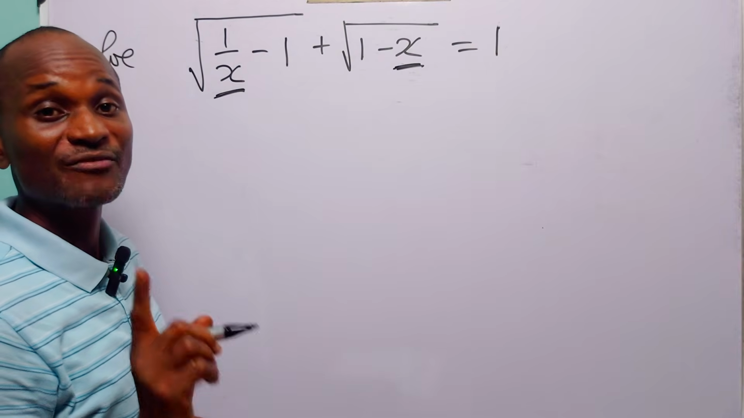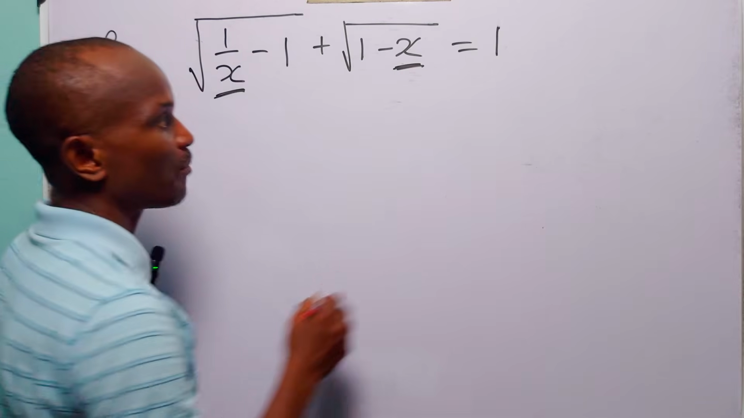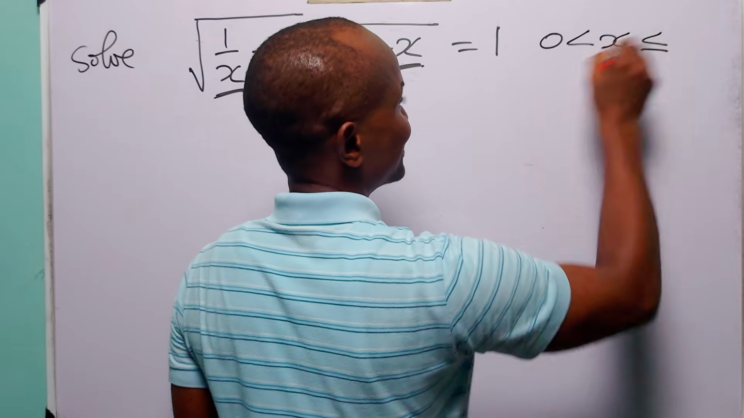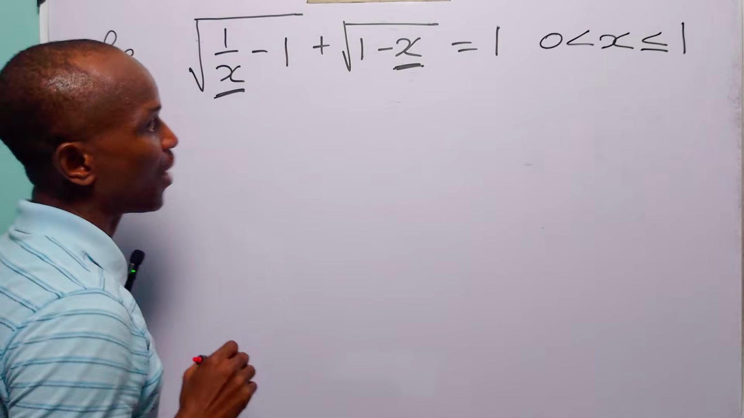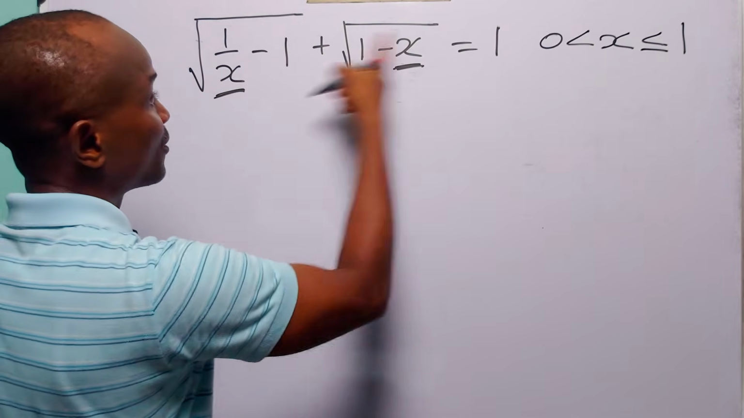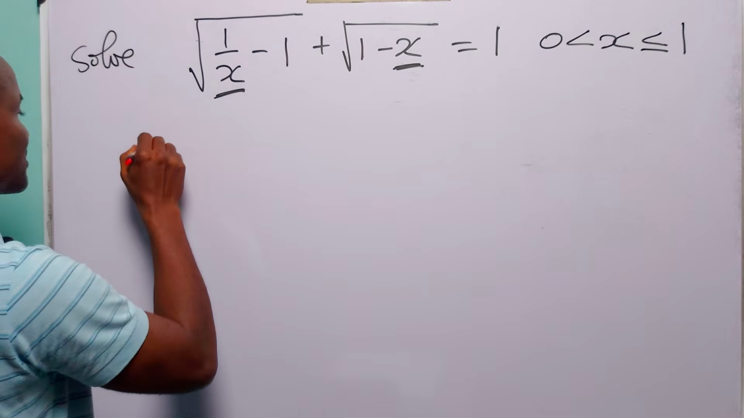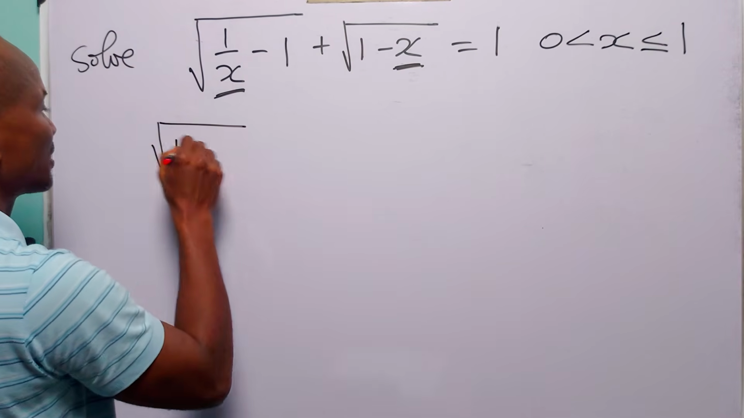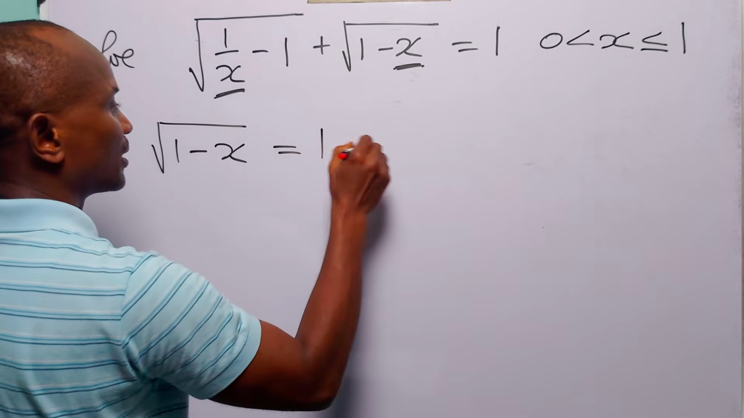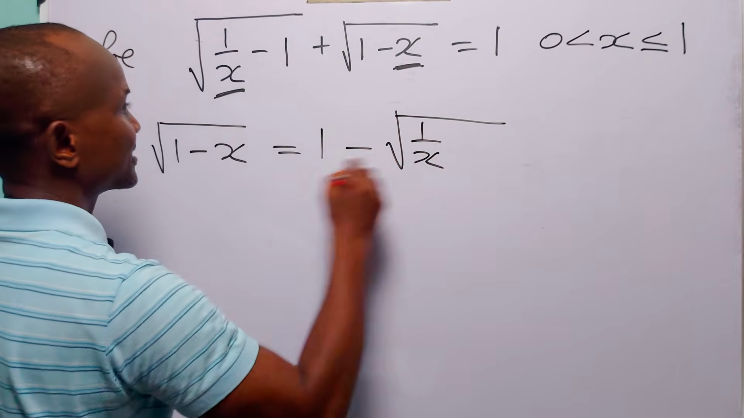So ultimately, we have that the value of x that satisfies this equation must be greater than 0, but less than or equal to 1. Now, what we are going to do is that we will rearrange this equation and square both sides. When we do that, we have that root 1 minus x is equal to 1 minus root 1 over x